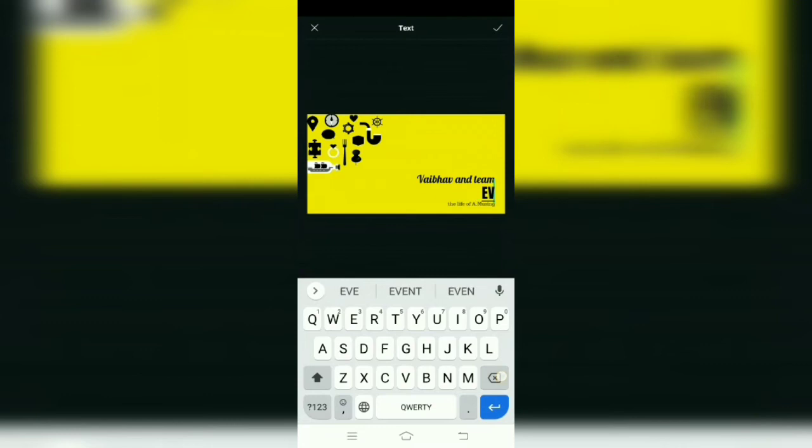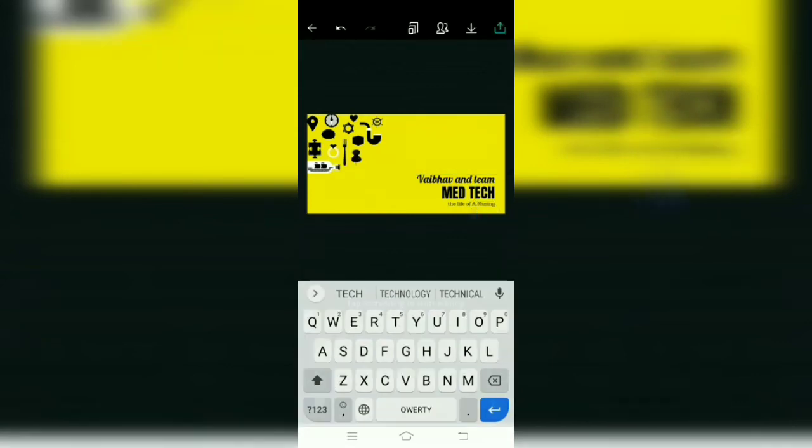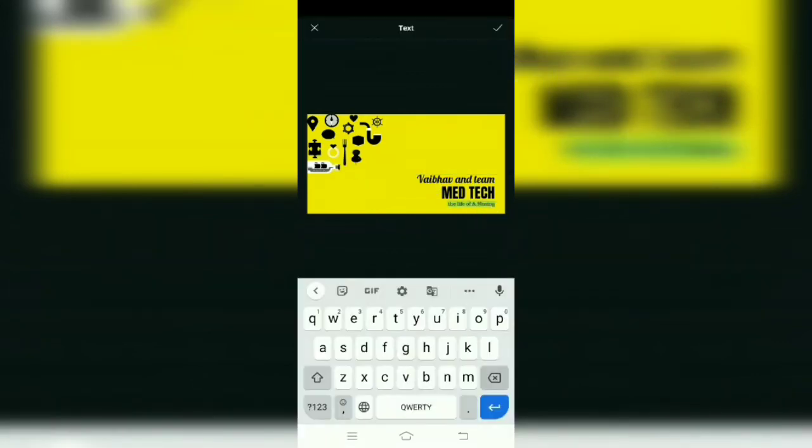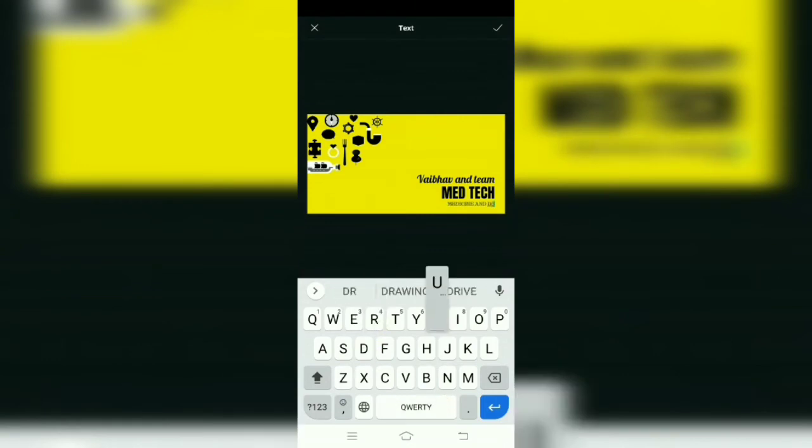Now I can change it and write MedTech. After that, the line about musing is also not required, so I can write here medicine druggist, or simply medicine seller, or anything else as is convenient.